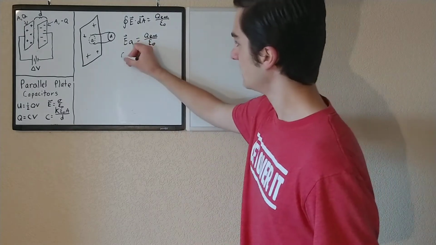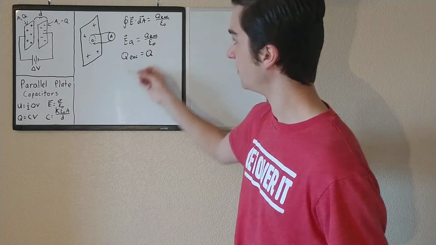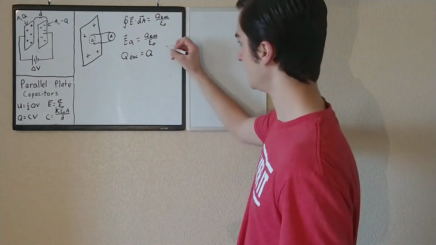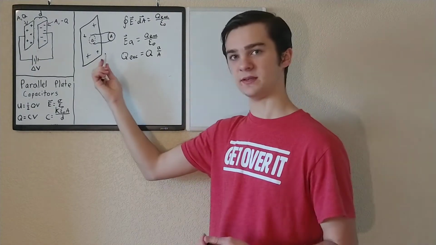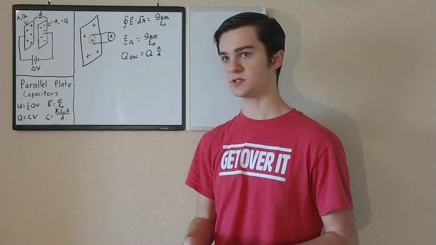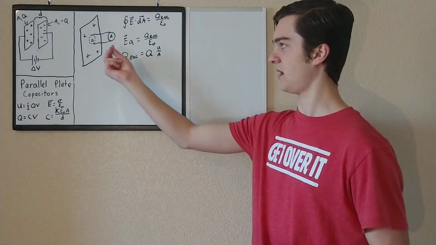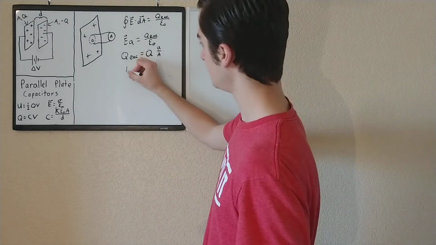The enclosed charge is some proportion of the total charge on this plate, and that proportion is little a over big A, because that's almost like the percentage of the plate that we have within this circle, and so that is the charge that we have within that little area a. So if we substitute that in,